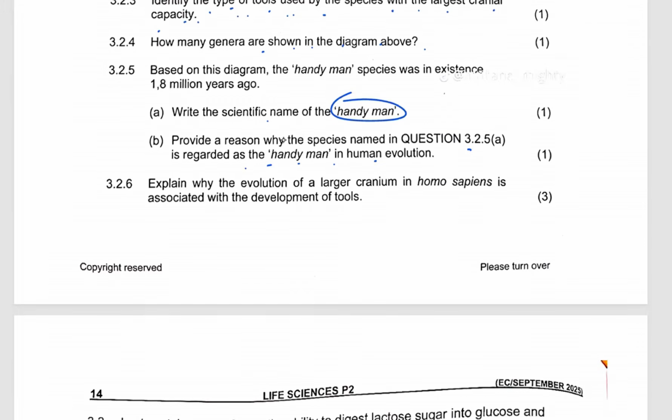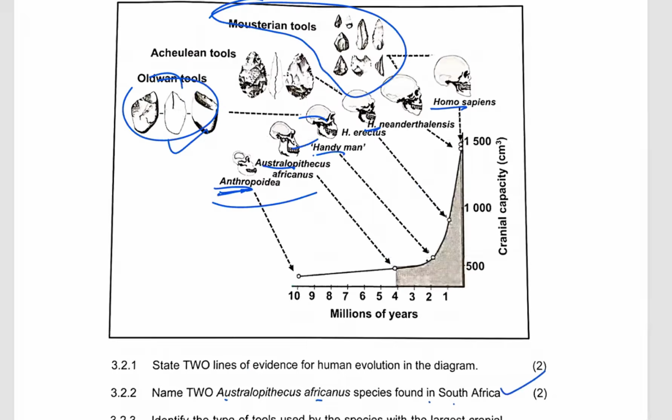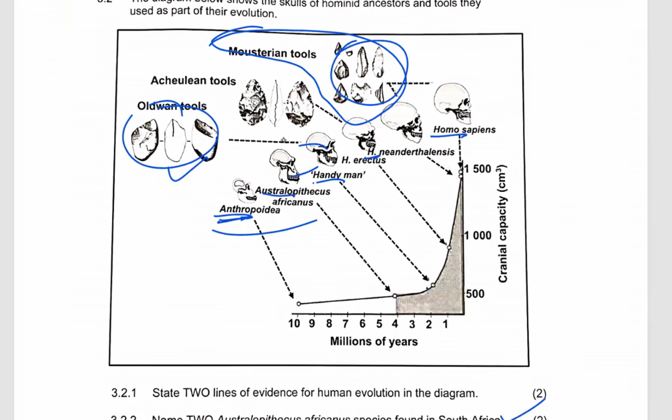So I've given the answer. Explain why the evolution of large cranium in humans is associated with the development of tools. Why is it that the more the brain is developing, the more it is linked to the advancement of tools? These tools require thought. So it requires a brain which is thinking,